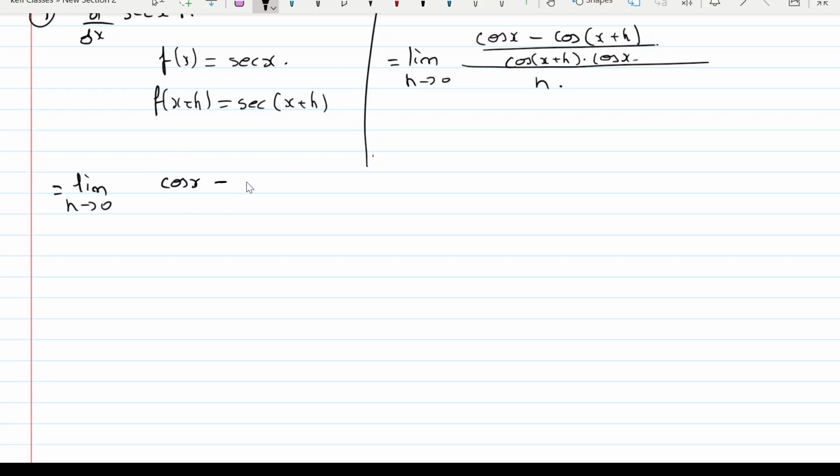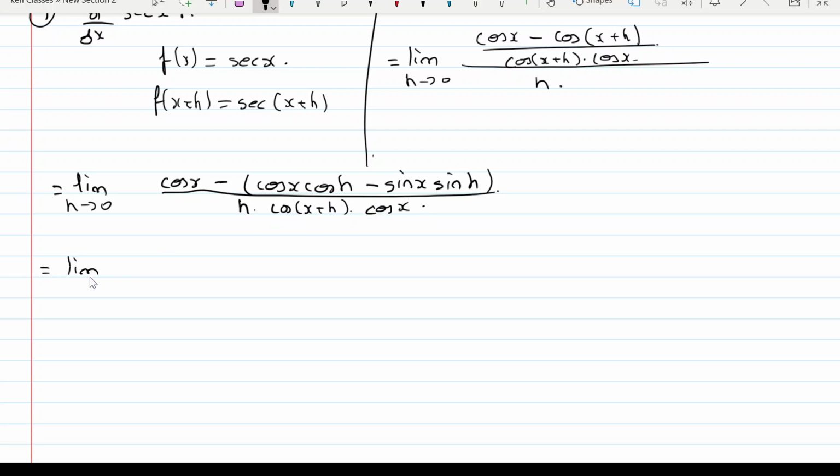So cos x minus, it's cos x cos h, and it's plus over there, so it will be minus sine x sine h. Cos of anything is cos cos sine sine with opposite signs, divided by h into cos of x plus h into cos x, which is equal to limit as h tends to 0, and you can take this as cos x is common, and what you'll have is 1 minus cos h plus